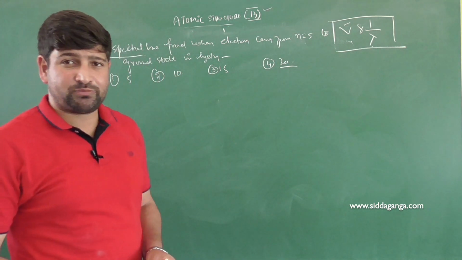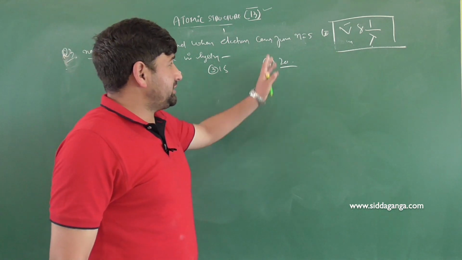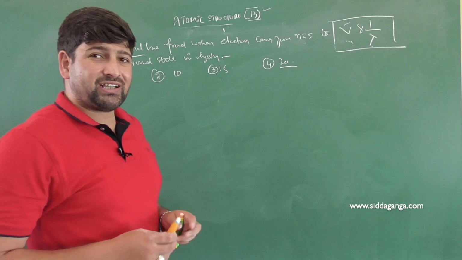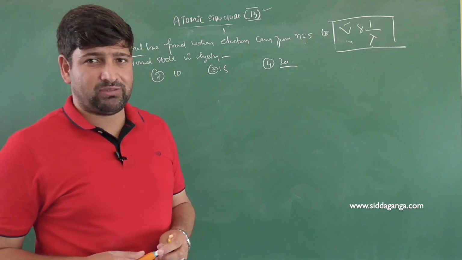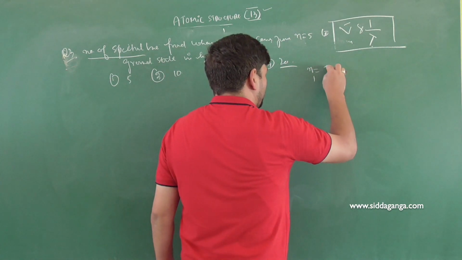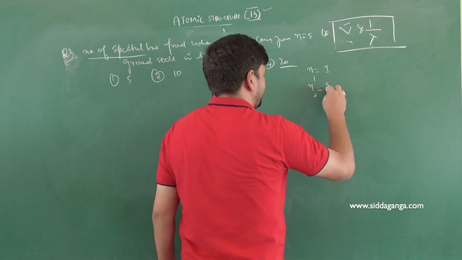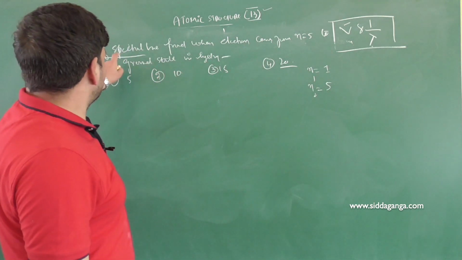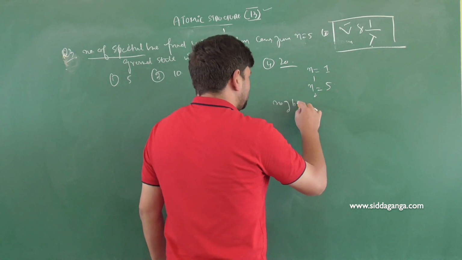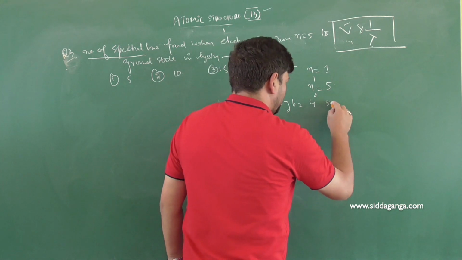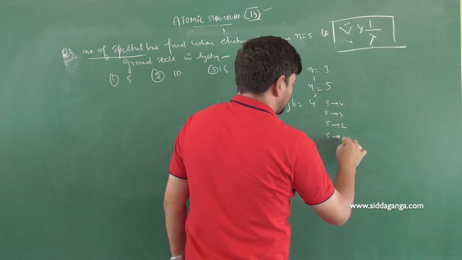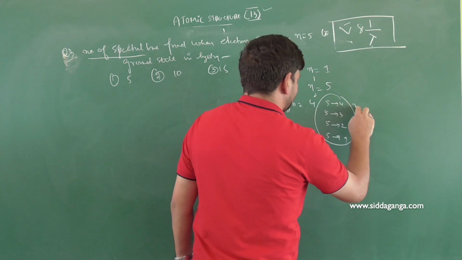What is the number of spectral lines produced when the electron comes down? It will emit energy and come down from n=5 to the ground state in hydrogen. What is the ground state of the hydrogen atom? n=1. The most stable state is n=1. So n1 here is 1 and n2 here is 5. Now if the question was the number of bands produced, remember the number of bands will be 4. How? 5 to 4, 5 to 3, 5 to 2, and 5 to 1. These will be the number of bands produced.